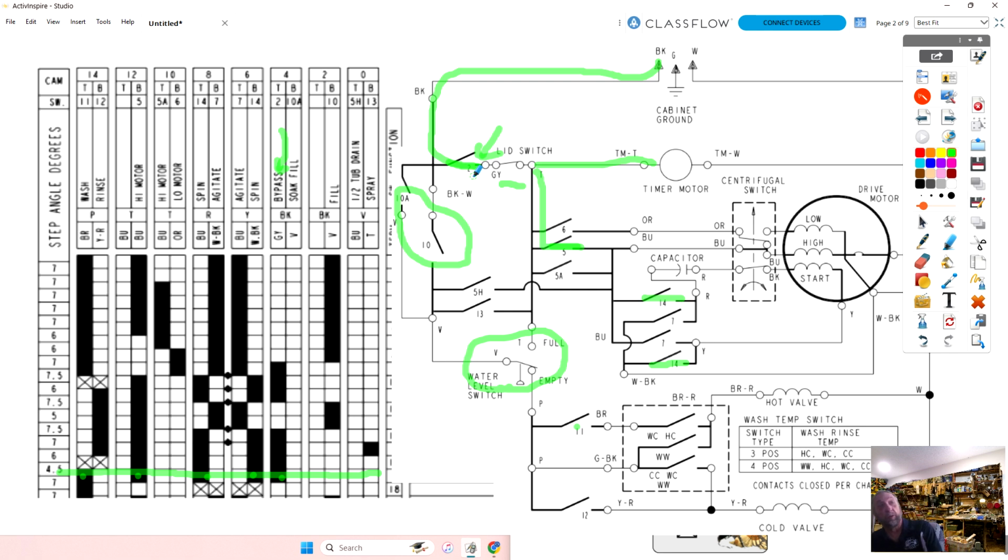I was always told a story back in the 80s that a technician bypassed the lid switch so the customer could use the machine until he could come back with the part. The customer had the machine in the cycle and it was spinning, and they tried to add a towel. While it was spinning so fast, the towel wrapped around the agitator, and the customer didn't let go of the towel fast enough, and it yanked on their arm, and they told me it ripped their shoulder right out of the socket.